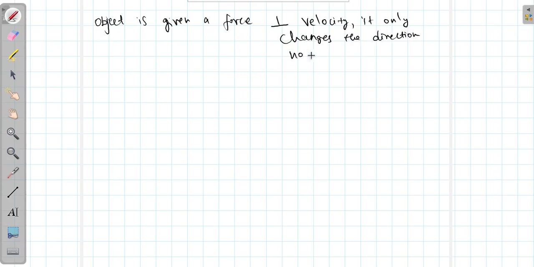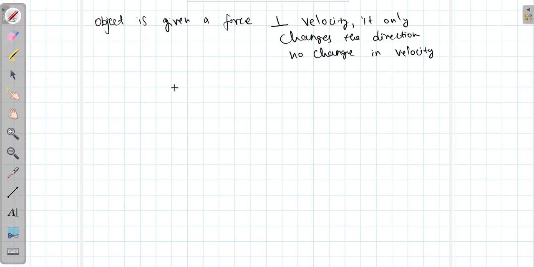No change in speed. So in order to increase or decrease the velocity, the force must be parallel or anti-parallel to